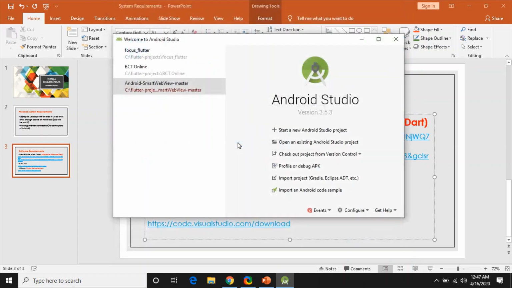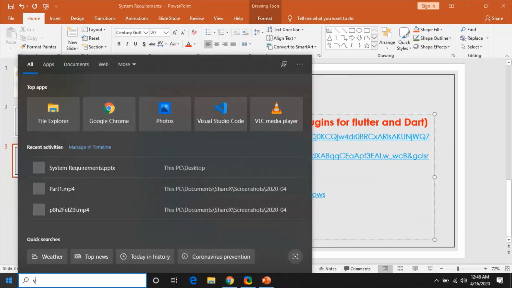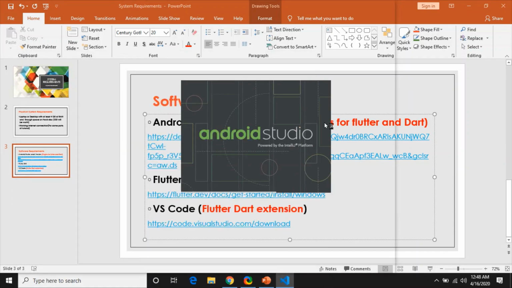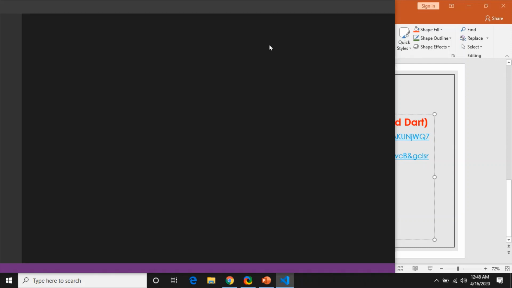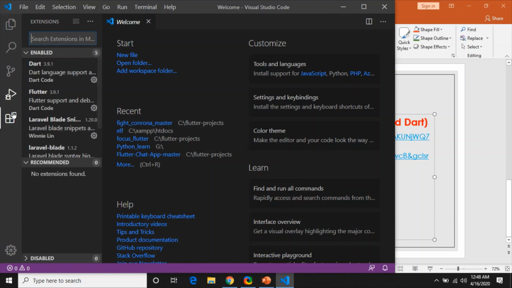Now I will quickly open VS Code and tell you how to install the plugin or extension. Yeah, this is the new window. At the side, you can search extension Dart. Type Dart and you will see Dart language support.